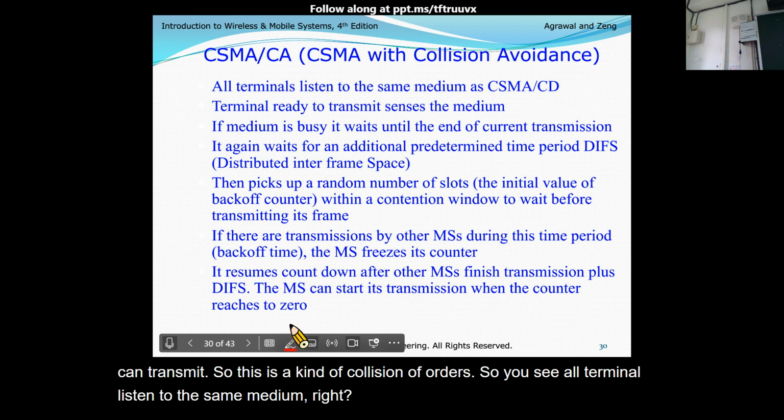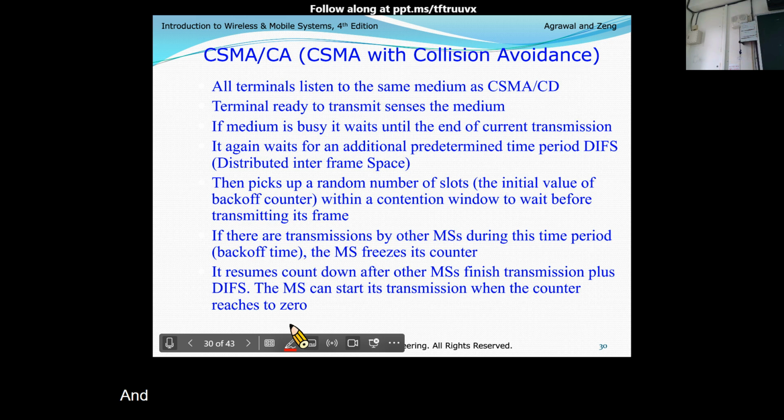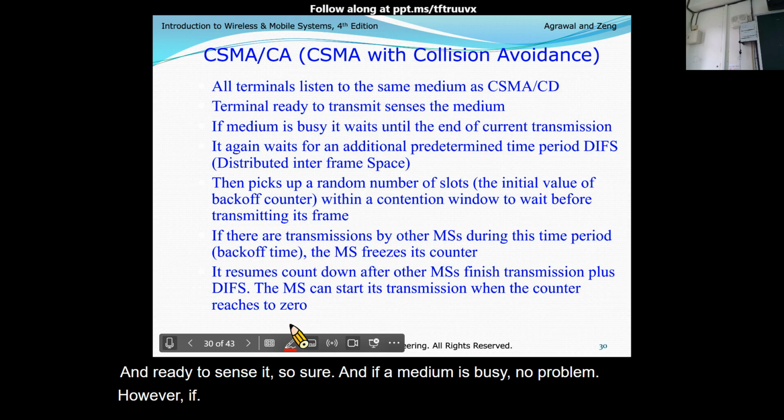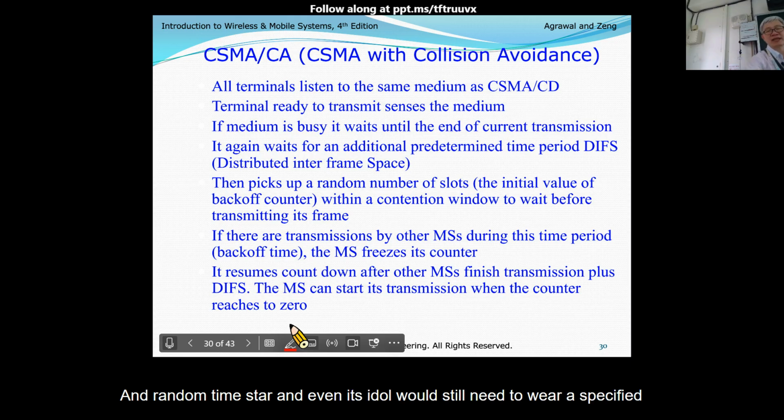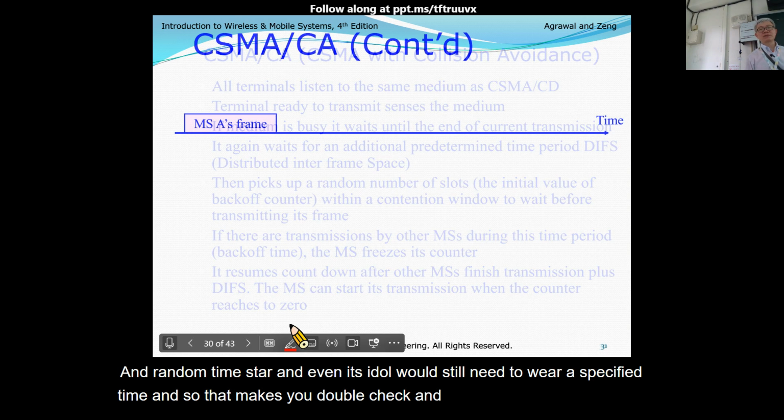And ready to sense it. And if the medium is busy, no problem. However, a random time starts. And even if it's idle, we still need to wait a specified time, so that you make sure, double check, and then you can have the transmission.